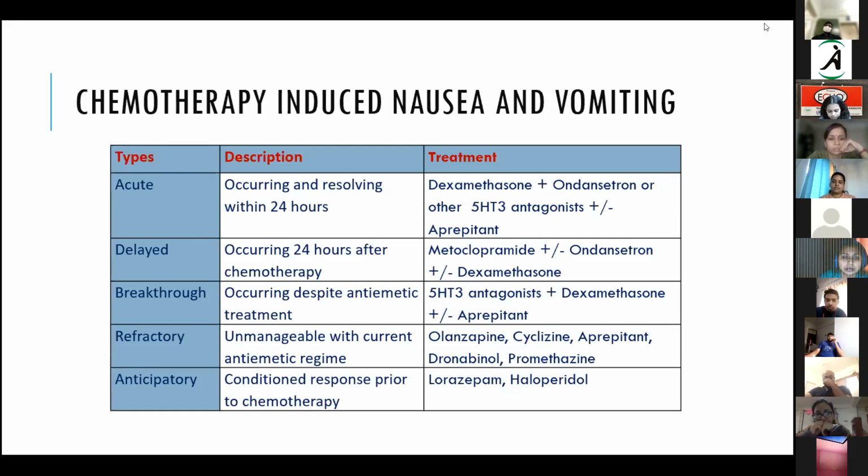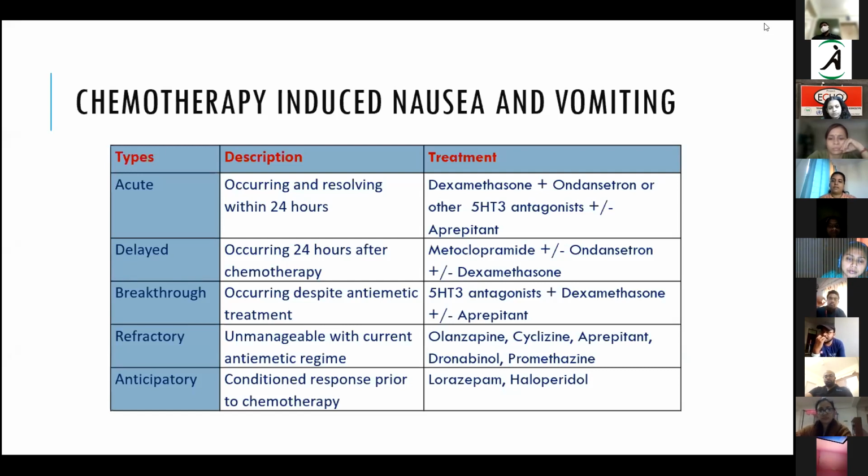Recent evidence suggests giving olanzapine, which is centrally acting at the cortical level, like an antipsychotic, but in patients with CINV it has been shown to provide a good antiemetic effect. The ASCO and NCCN guidelines say that we can start at 10 milligram at night, but more often in the Indian population, we have seen 10 milligram will make them very drowsy. So we tend to go slow, start with smaller doses, say around 2.5 milligram HS, and then build up as and when required. And we have seen very rarely do patients go beyond 5 milligram HS dosing of olanzapine.